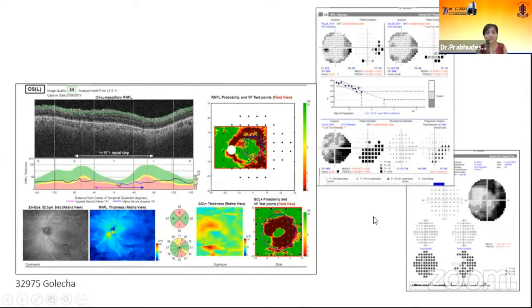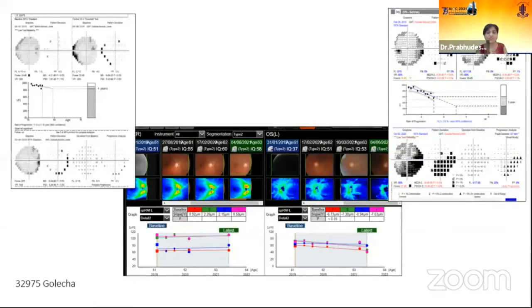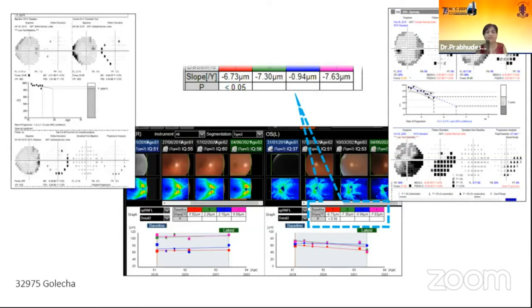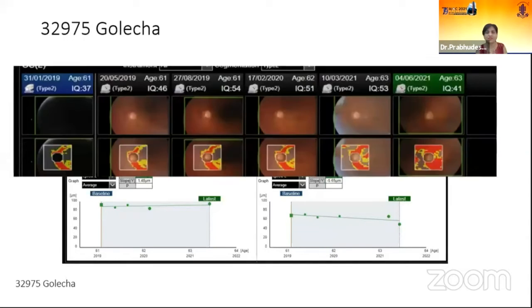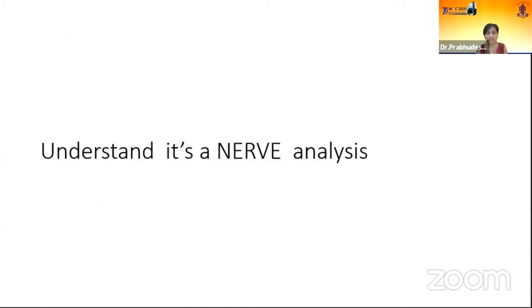On trend analysis, we see the left eye is progressing at a faster rate, and the rate is much higher in the temporal, superior and inferior quadrants. Here the right eye shows stability, but the left eye is progressing at a very fast rate. So we can consider this and manage the patient properly.